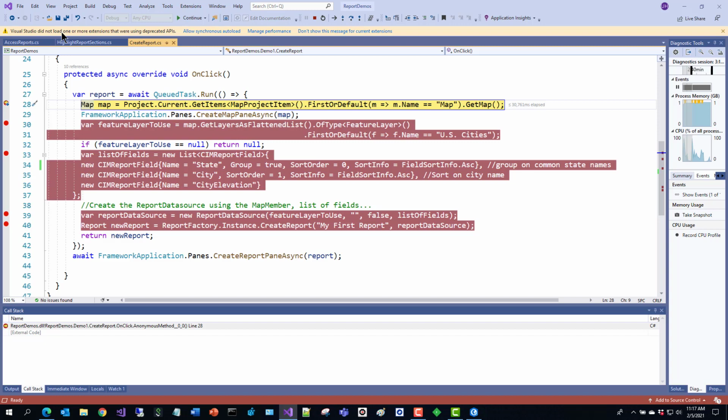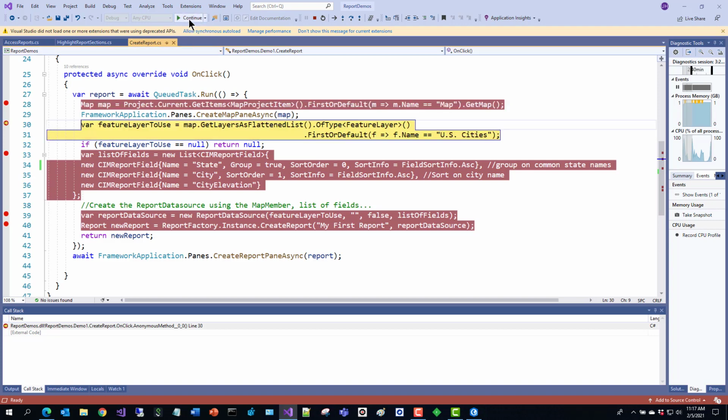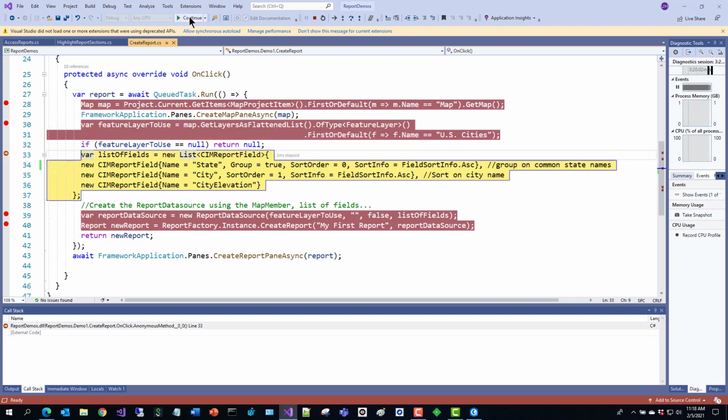For my report data source, I'm going to use the US cities feature layer in one of the map project items. So the first thing I'm doing here is I'm retrieving the map project item, and from within this map project item, I am retrieving the US cities feature layer. So this will be the map member that I use in my report data source. Next,